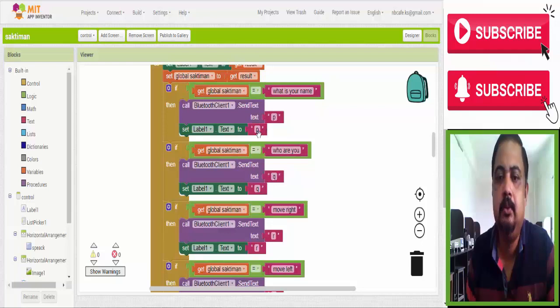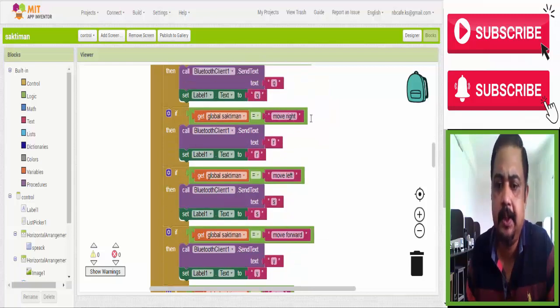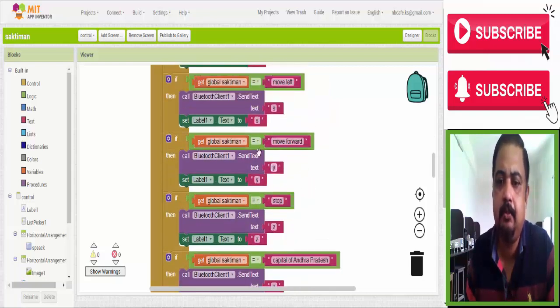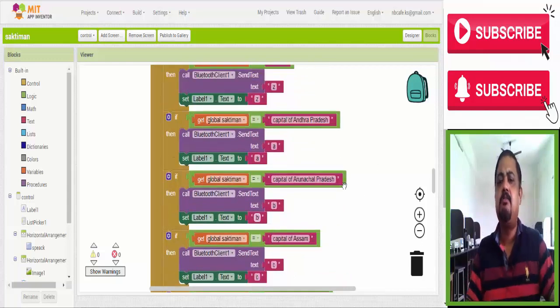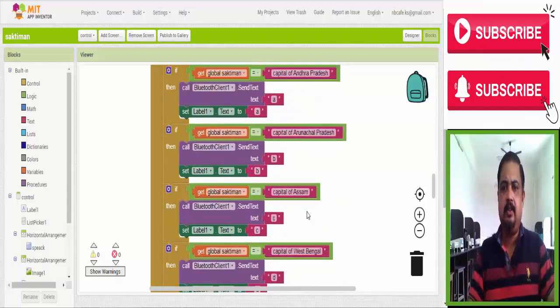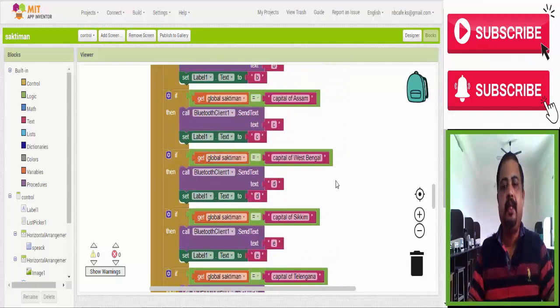Who are you? Move right, move left, move forward, stop, capital of Andhra Pradesh, capital of Arunachal Pradesh, capital of Assam. Whatever question you want to ask, you just write it over there, and when you speak, the text after conversion, if it matches that, will send those alphabets via Bluetooth.